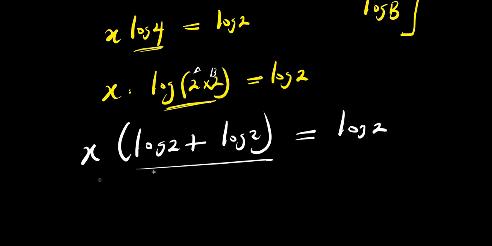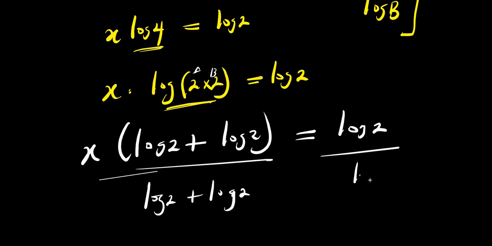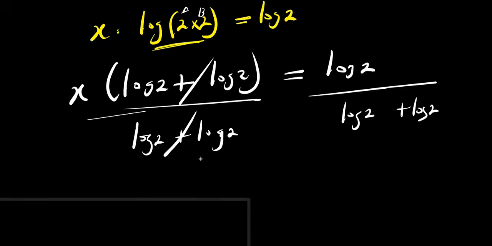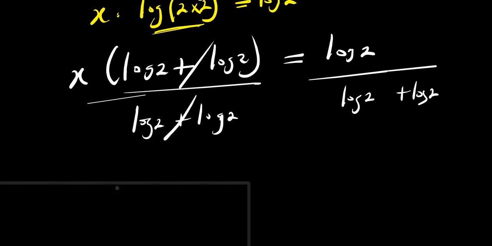So we have this divided by log 2 plus log 2, and this divided by log 2 plus log 2. So this cancels this. Now, what we are having is x. So we have x equals